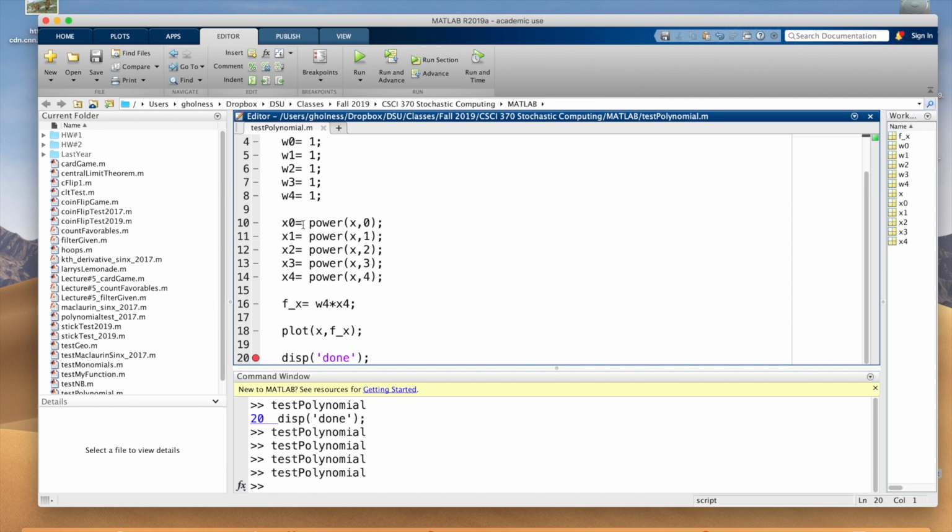Okay, so we have our x naught, w naught, right? That was a straight line. And then we have our x1. So let's add those two terms together. So w naught times x naught plus, let's add w1 times x1. So what that does, it takes that constant, which has the effect of raising or lowering something up or down, and it adds it, in this case, to that constant slope 45-degree line. So the result of this is going to raise up a constant slope 45-degree line. So let's try that out.